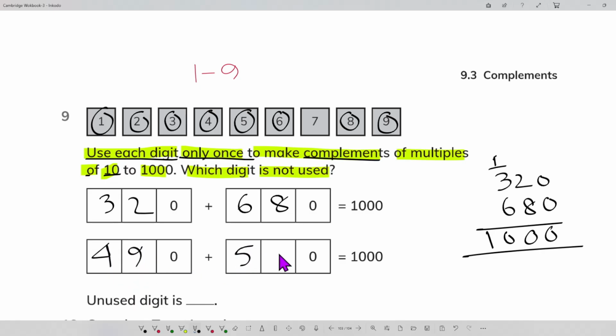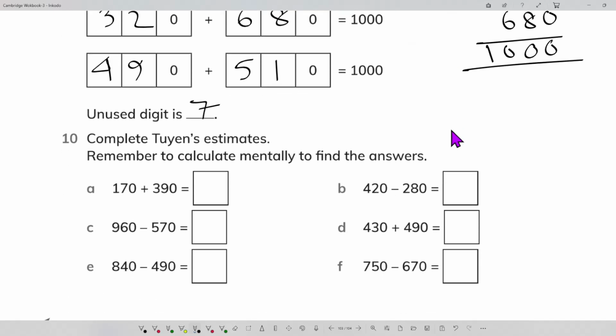490 and 510, it means 100. So the unused digit is 7. Okay, very simple. Number 10, complete the triangle estimate. Remember to calculate mentally to find the answer. How? Look,